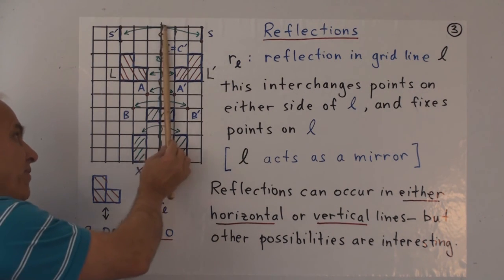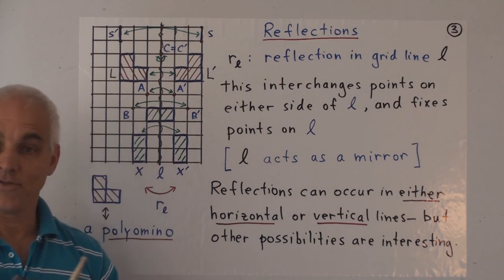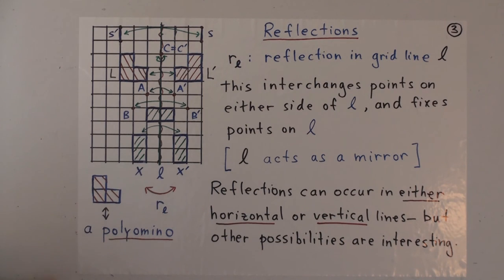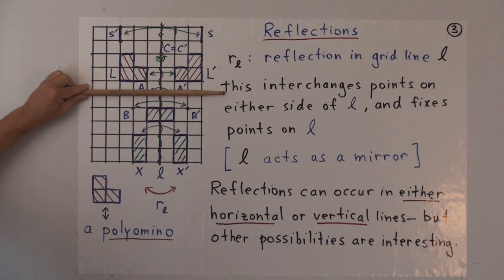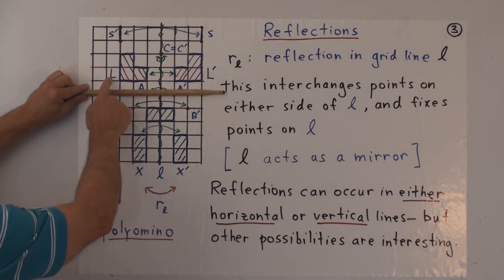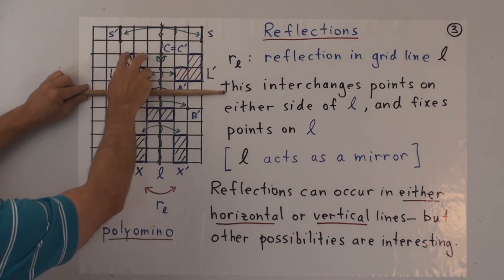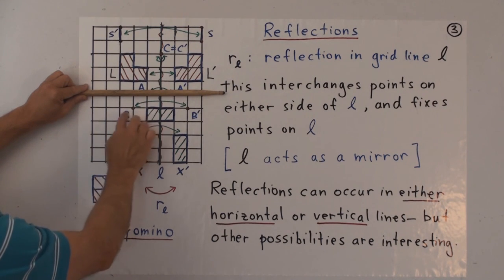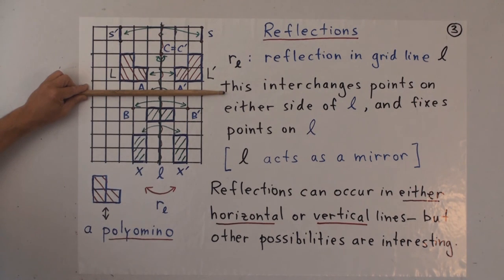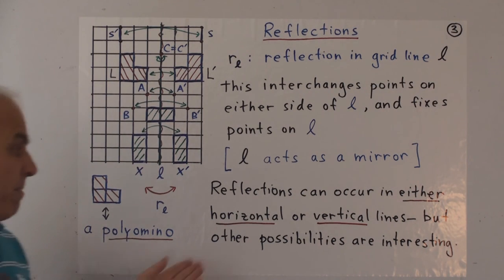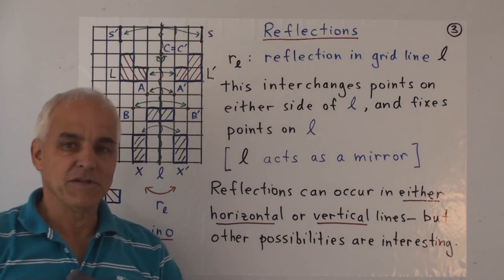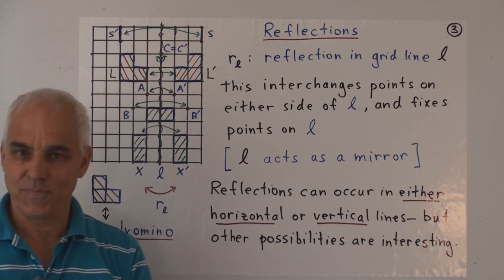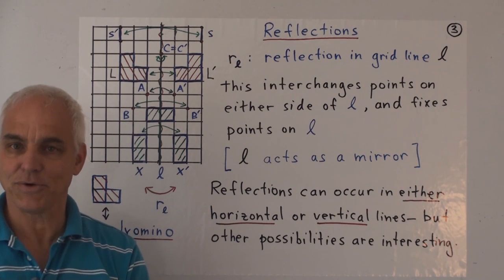So, well, we've talked about reflections in this vertical line L, but it's also possible to talk about reflections in a horizontal line, and that will be much the same story. For example, that point there will be reflected to that point there. This polyomino there will be reflected to another one down here, which will be in those 3 blocks there. But in fact, there are other possibilities for reflections too, and some of those are also going to be interesting for us.